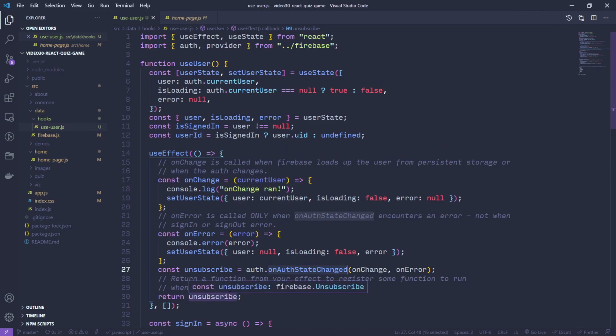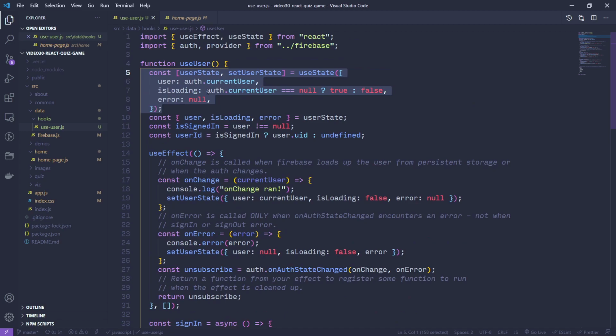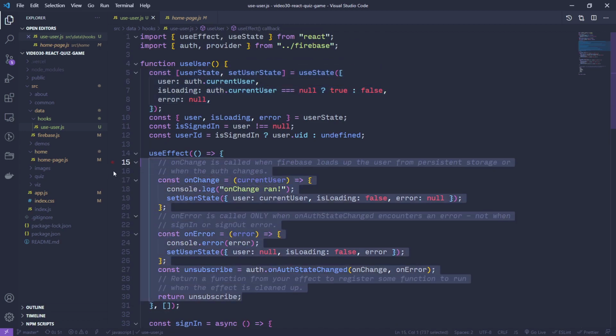And actually both of them have a separate copy of the user state. They happen to generally stay in sync because they're both running through all of the effect logic here, and they're notified when the auth state changes. But it would be better to only have a single set of state and a single handler here for on-auth state changed. So this is going to be a little bit advanced, but our current version is working,